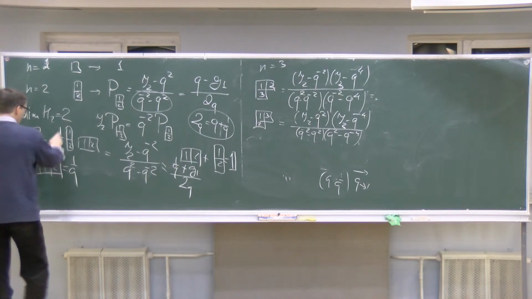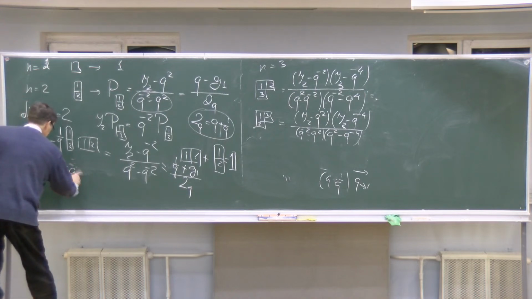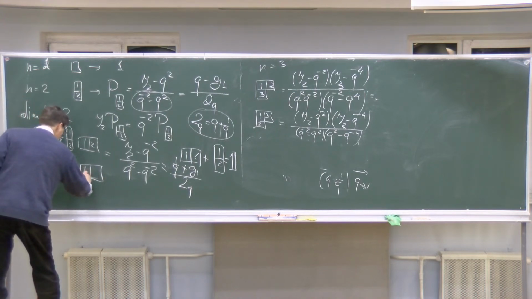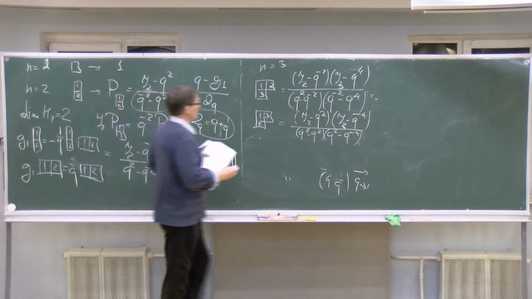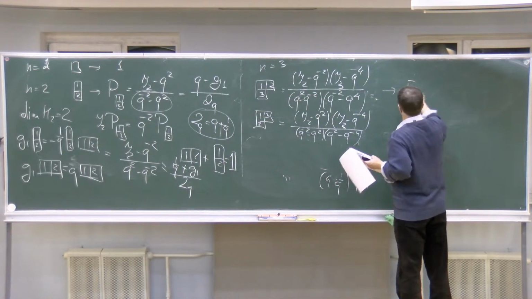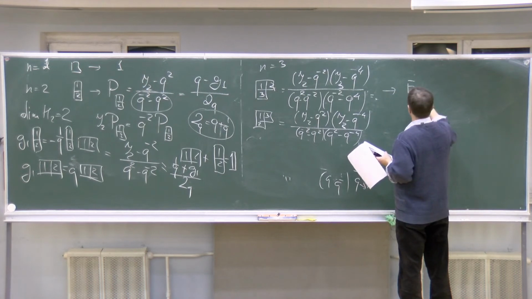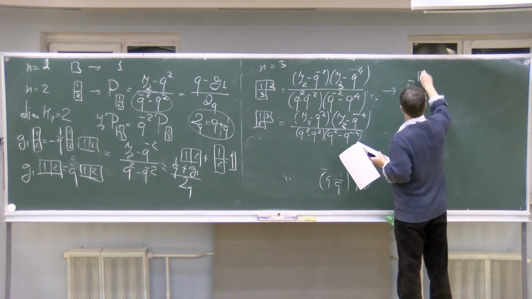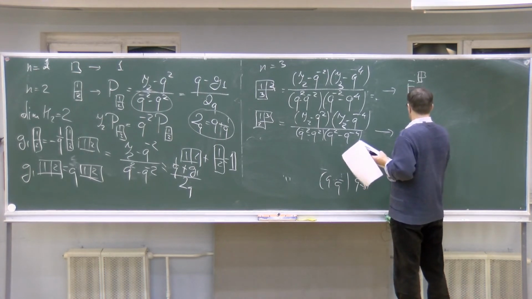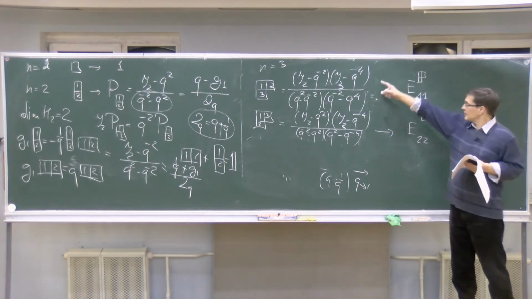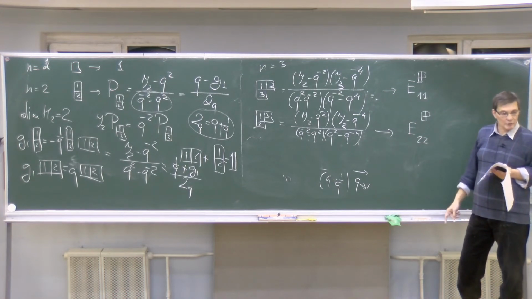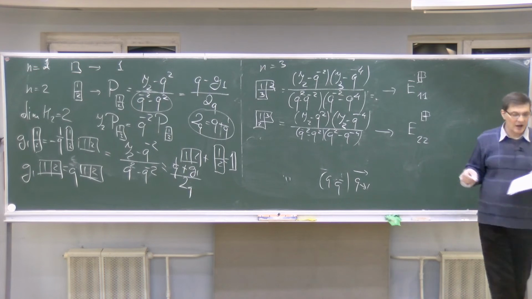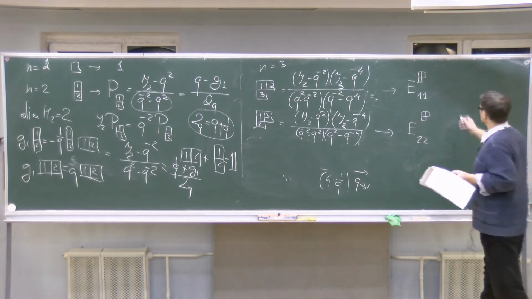I'm sorry, 1 over Q here and Q here. And let me denote this element by the formula E11 of the form, and this element by E22. These polynomials will play the role of matrix units of two-dimensional of the matrix algebra 2 by 2, because H3